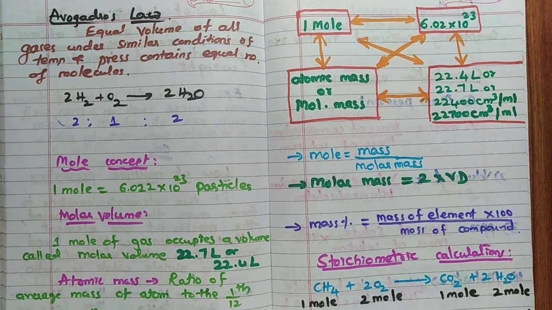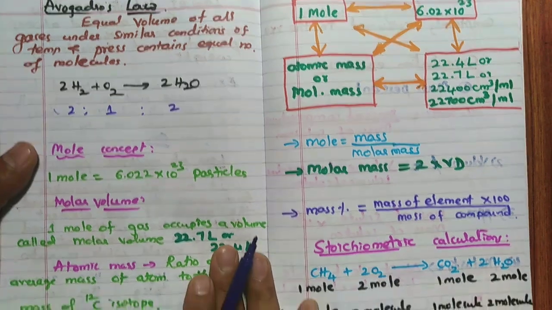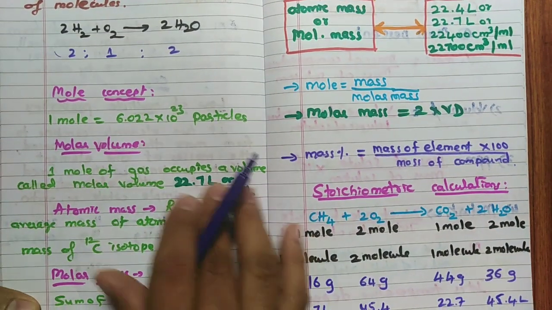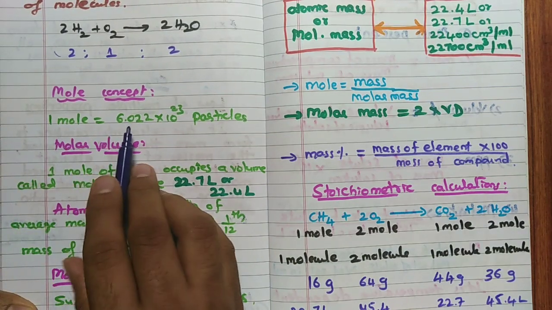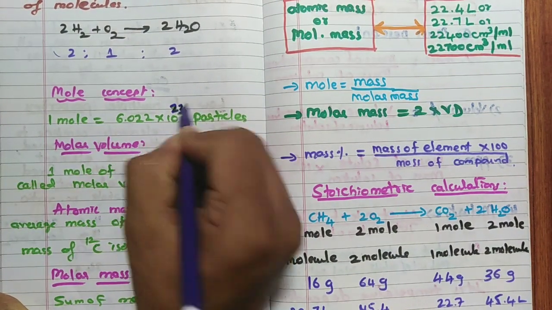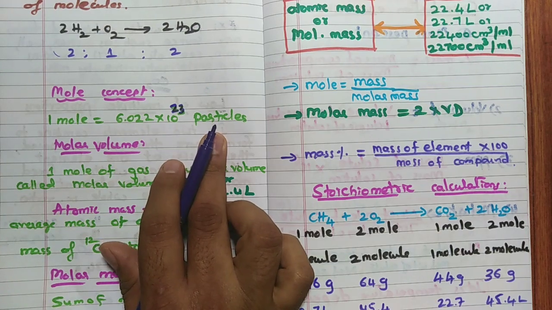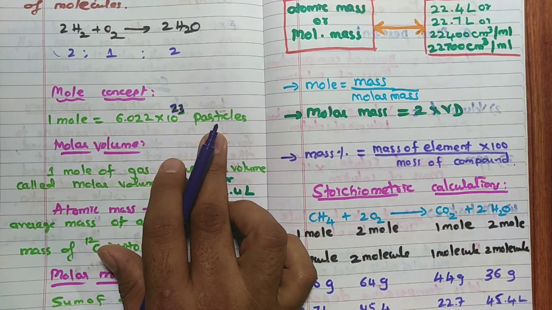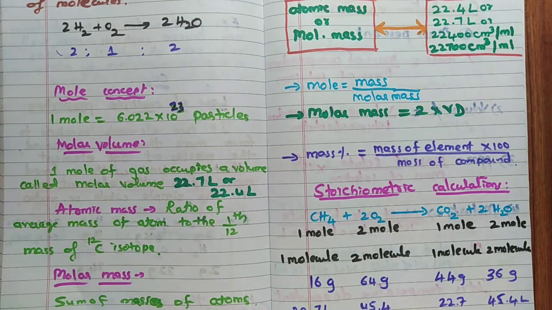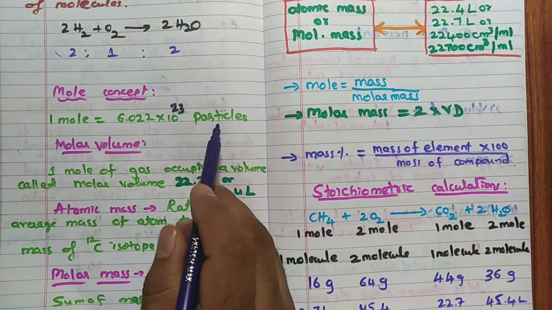So the meaning is that, remember, if you consider 1 mole of hydrogen, 1 mole of oxygen, 1 mole of water, it is always Avogadro number of particles. That is called the mole concept. In this case, remember 1 mole is equal to 6.022 into 10 to the power 23 particles. It is just like a dozen. A dozen of anything will have 12 units, right? Similarly, 1 mole of any compound, any substance, any element has these many particles.